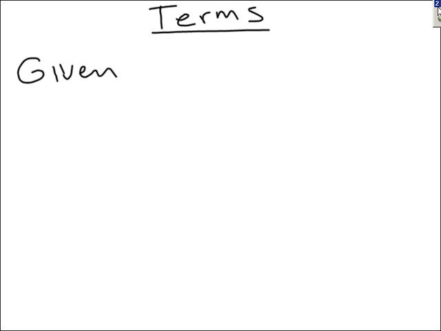I think a very important part of algebra is knowing how to identify terms and factors. So let's define terms, and later on we'll talk about factors. Given an expression, whatever that is,